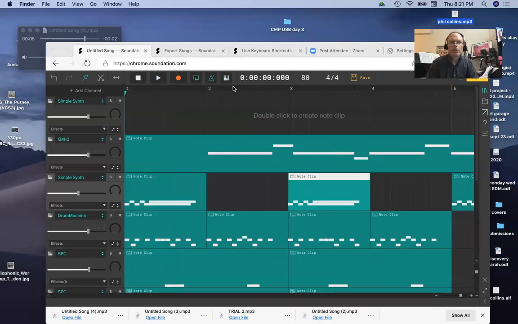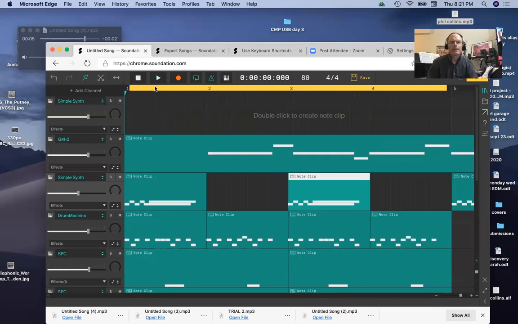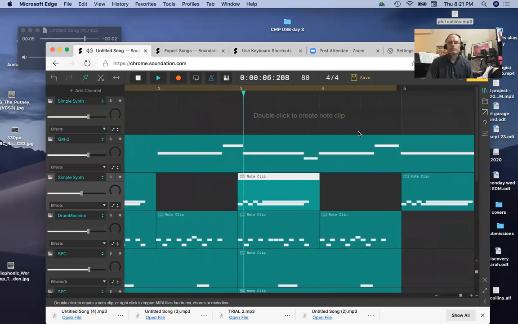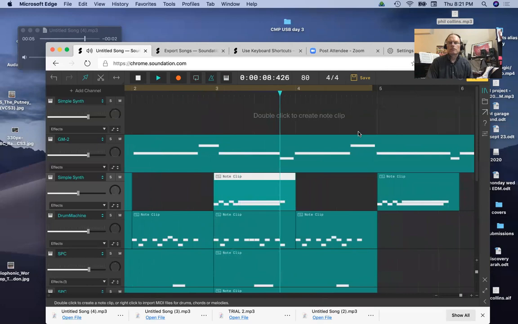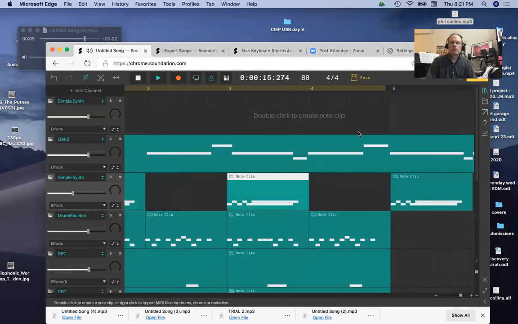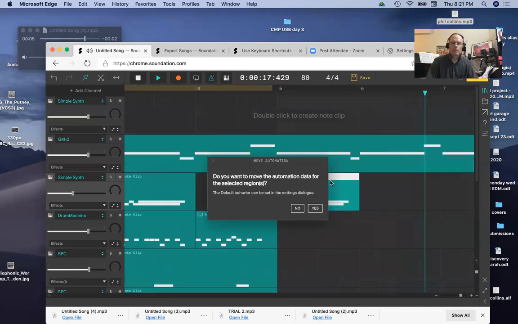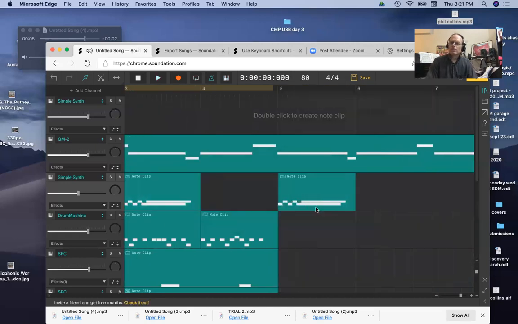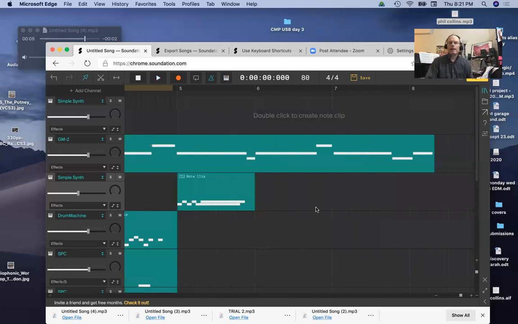I'm not sure why. Oh, my cycling was off. So yeah, I just play around with taking layers out and adding layers, and then when you export it,